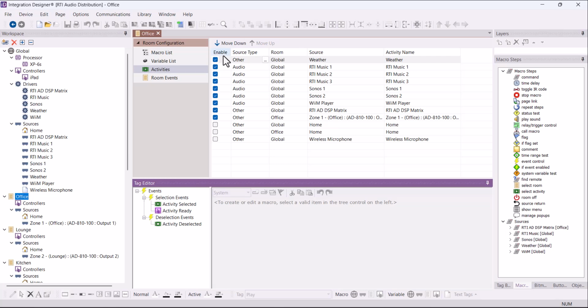Let's start from left and work our way across. The Enable column requires ticking the box next to each source device that is an activity. You may see some boxes ticked already. That is Integration Designer guessing at what should be an activity. Let's go through our list of devices and tick each activity that is needed and uncheck any devices that don't